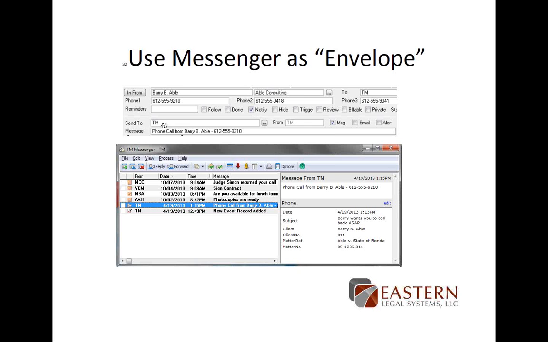And you can send it to the person who's supposed to get the phone call. It automatically says phone call from, and then it will fill in whatever name you plug in and the in from. And if it's a lookup from your contact list, it'll also pull in the phone number. And then when I save and close my phone call record, this goes to my Messenger inbox, and the right-hand